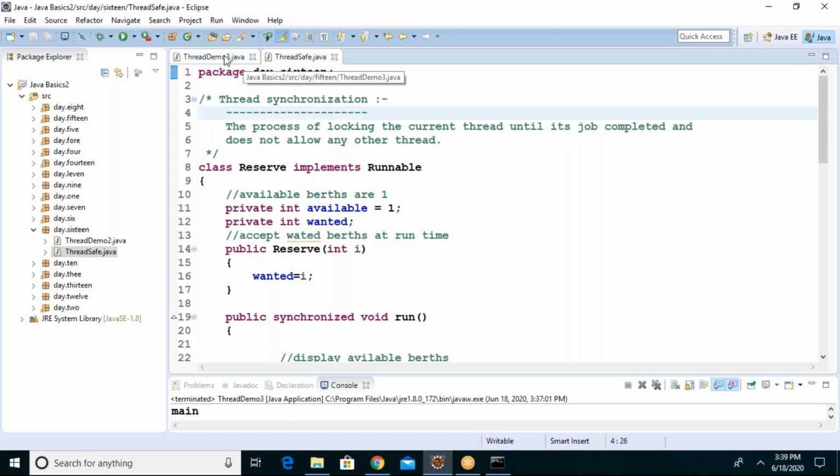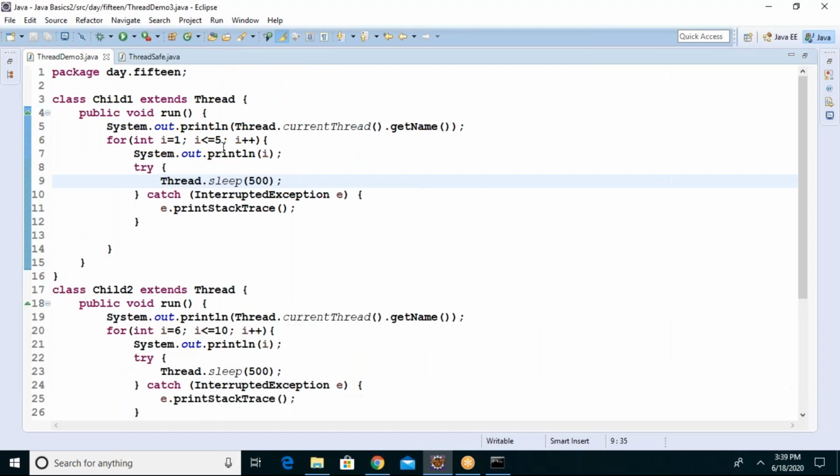At the next point, if you understand, this is multi-threading which is running one by one. But in some cases, like I discussed yesterday, when multiple threads are working on one particular object, then in some situations we need to control them.